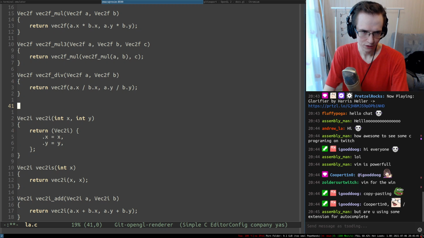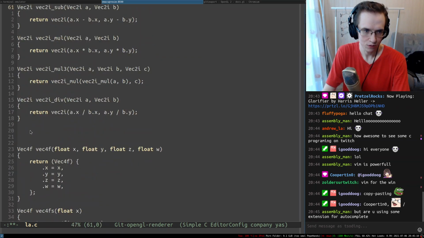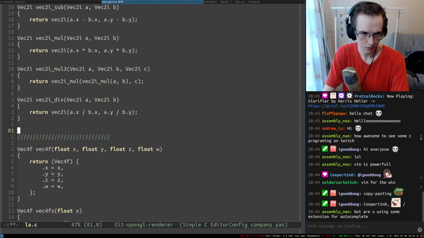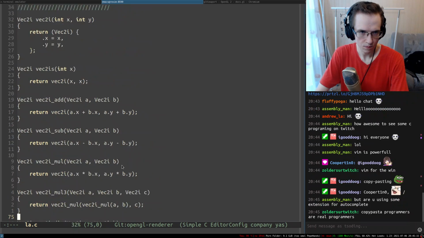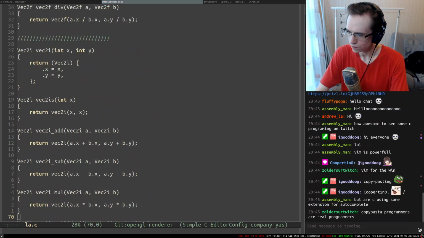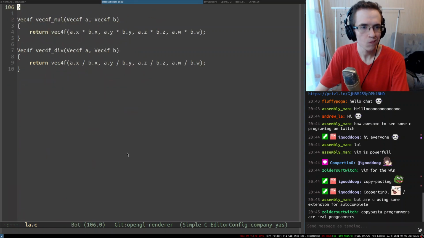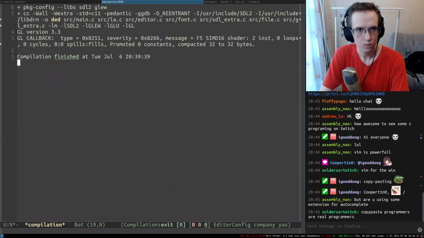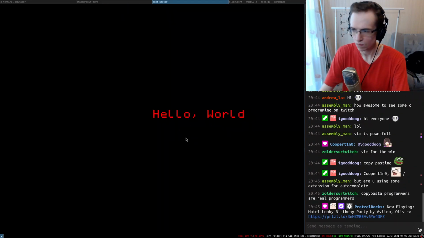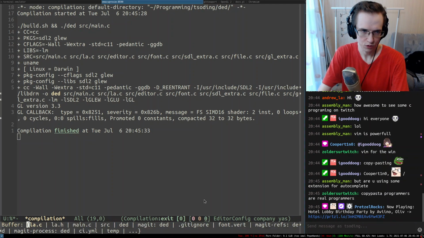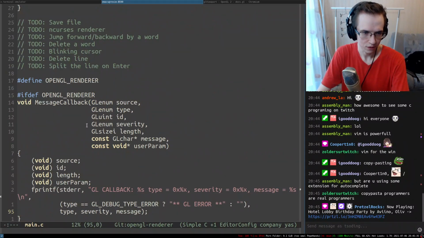So maybe I should actually start separating the implementations so it's a little bit easier for me to see them, right? So something like that. Okay, all right, everything seems to be compiling.